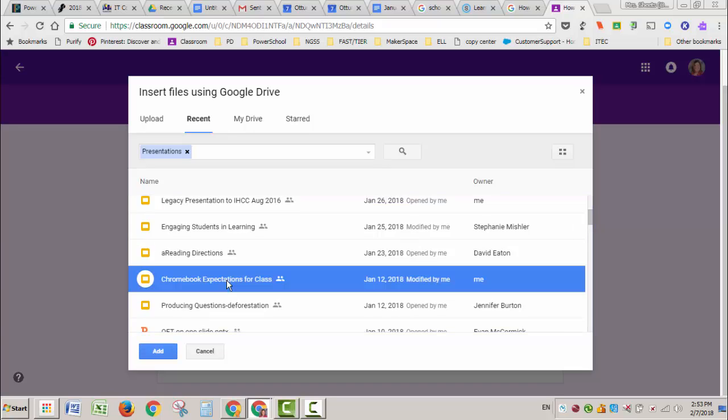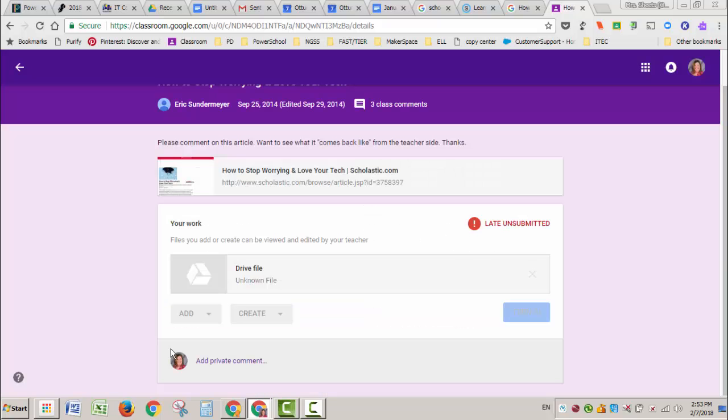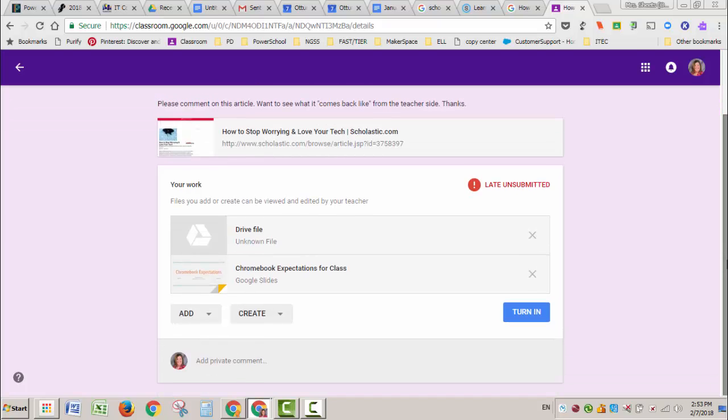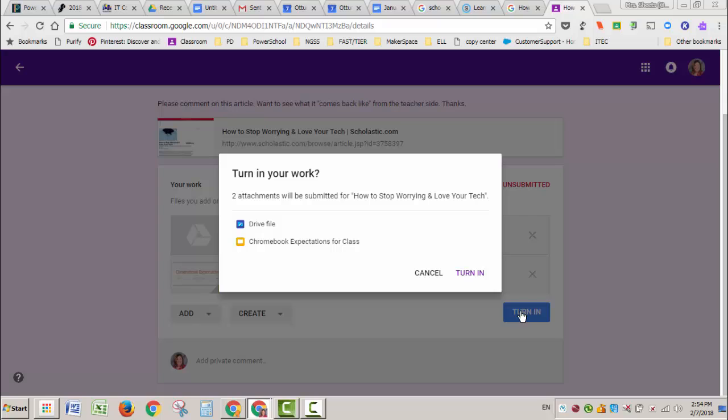How about Chromebook expectations for class? That has something to do with technology, doesn't it? When I click it once, I now get a blue button that's asking me, is this the one you'd like to add? Sure is. If you've done it correctly, you'll see your teacher's file here and the file you've added here. Now I can hit Turn In,